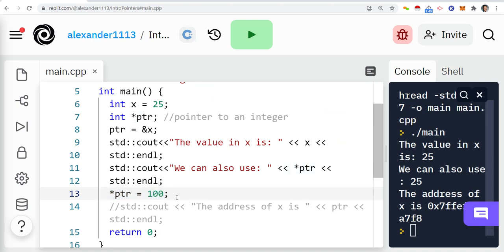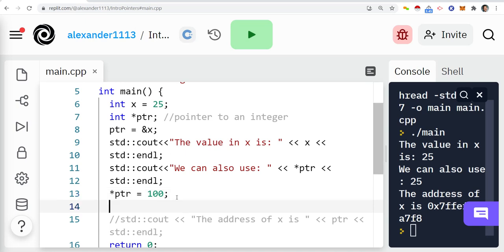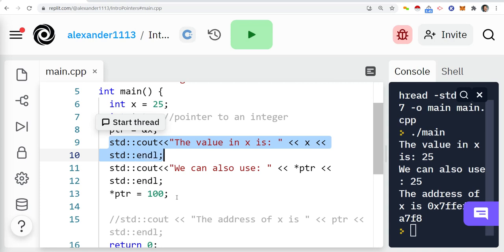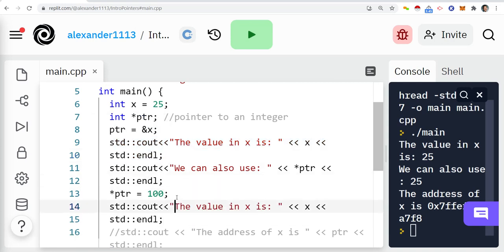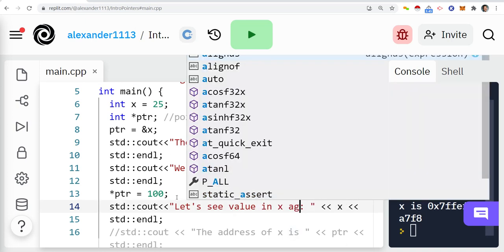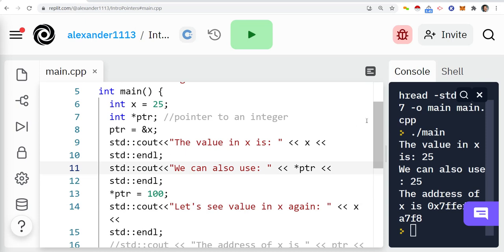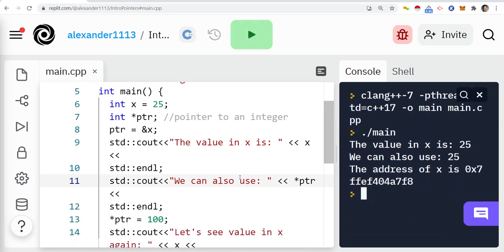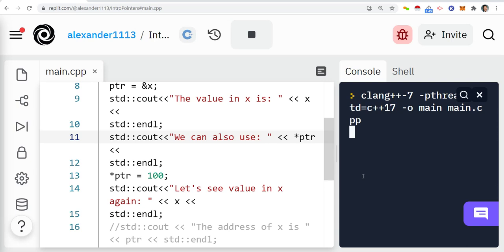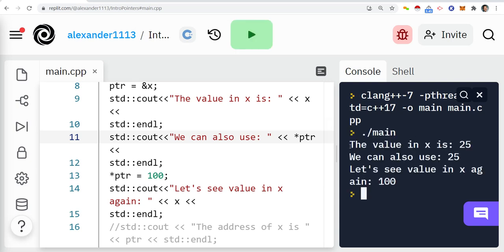And by doing that, now if I print out x, let's see the value in x again. This is where the magic happens, right? So initially we have 25, right? We also have the indirection operator by line 11. We're trying to print out